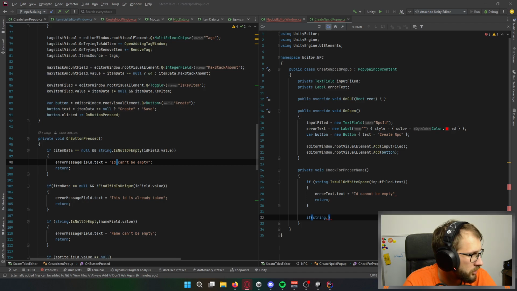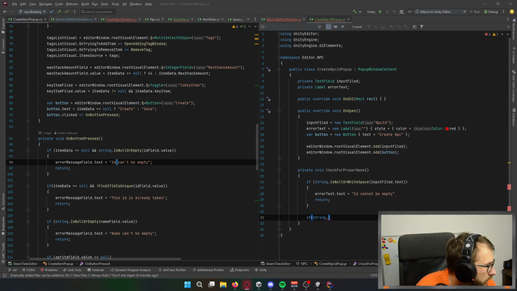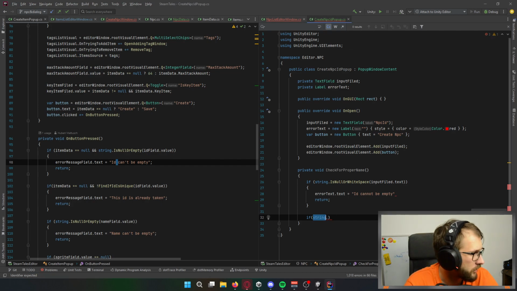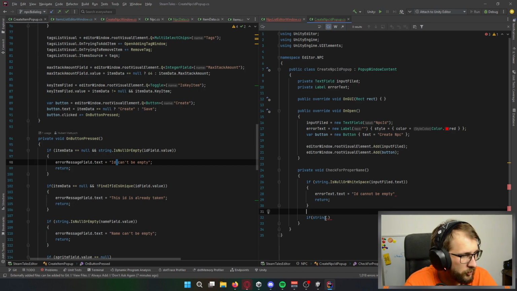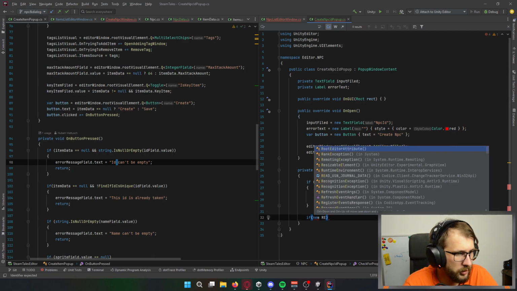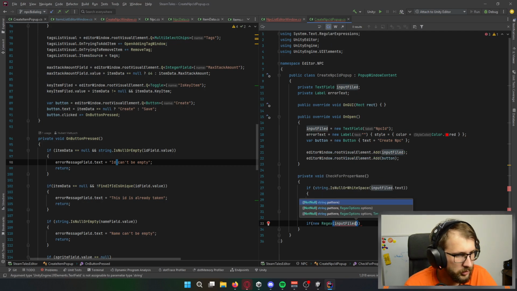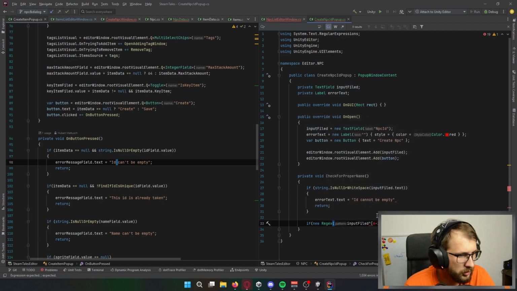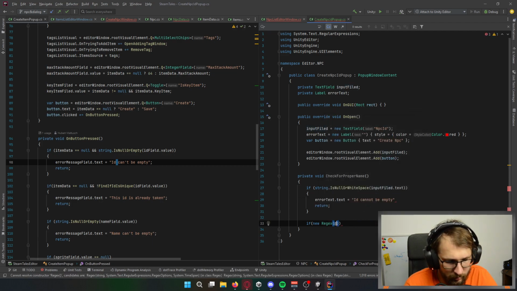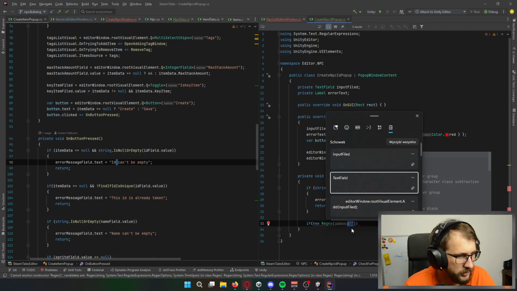And how can I check regex in C#? Oh, so I have to prepare a regex, new Regex, of course. I'm adding the pattern. Wait. So let's go with it like that.